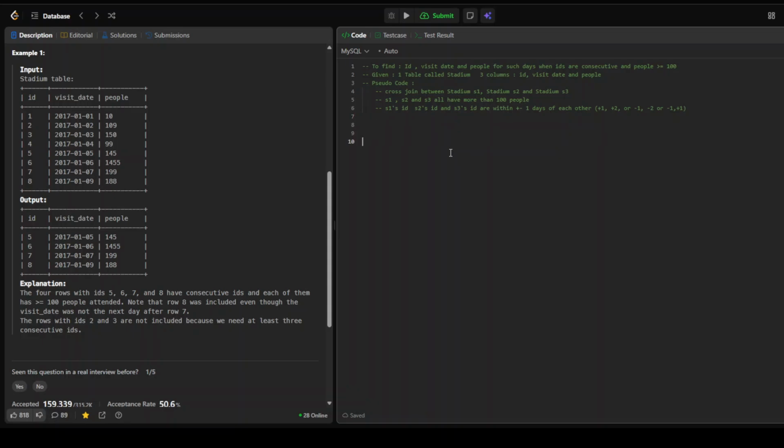Let's write the query. Select from stadium S1, stadium S2, stadium S3, where S1 dot people is greater than or equal to 100 and S2 dot people is greater than or equal to 100 and S3 dot people is greater than or equal to 100 and S1 dot id plus 1 equal to S2 dot id and S1 dot id plus 2 equal to S3 dot id